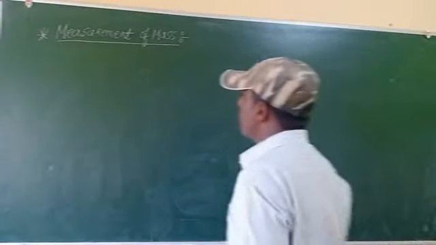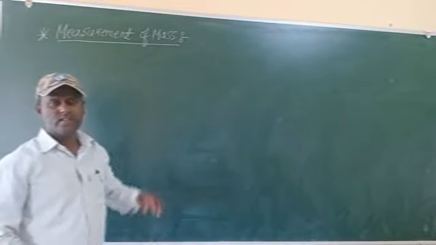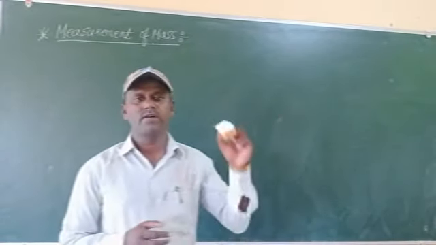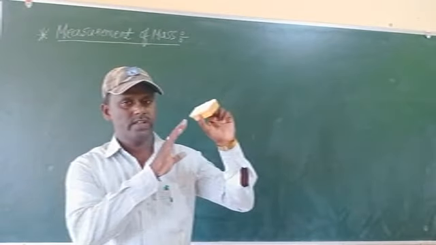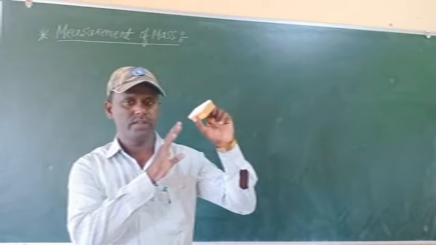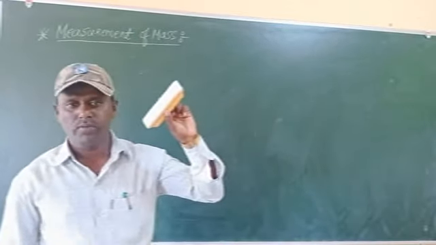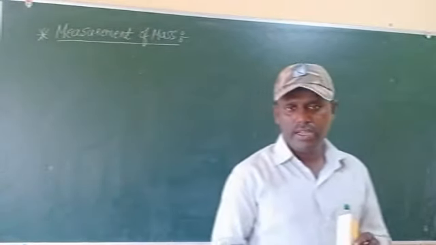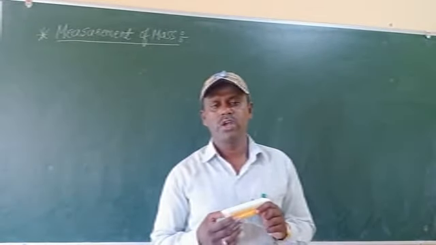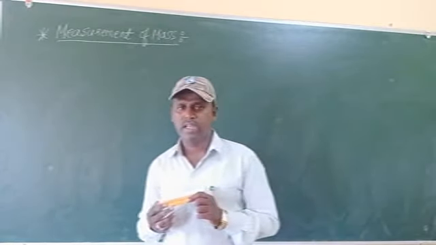See, next concept is measurement of mass. You know about mass. Mass is a basic property of the body. See here, what is the mass of this duster? We say it is maybe 10 kg, 10 grams or 100 grams or 1/4 of 1 kilogram. Its mass is 1/4 of a kilogram or 10 grams or 15 grams or 25 grams. So what is the mass? Total quantity of matter present in a body.